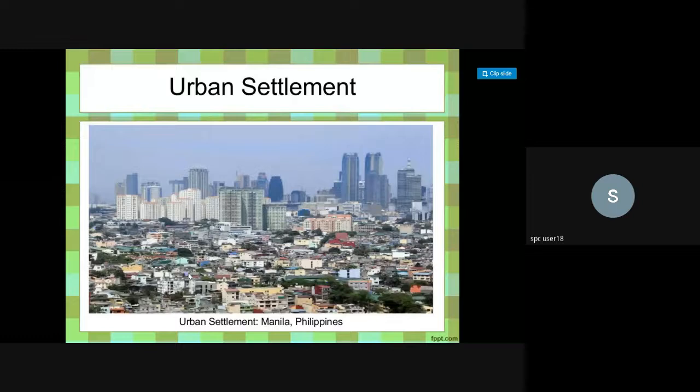Now, just in case I had removed the name Manila, Philippines from here, and said that this is Mumbai, many of us would have agreed, because Mumbai also looks very similar. It has a lot of slum areas. At the same time, you have a lot of tall buildings. Believe me, this was not a scenario as far as Pune is concerned some 40 years ago. When I was small, okay, let me give you an example.